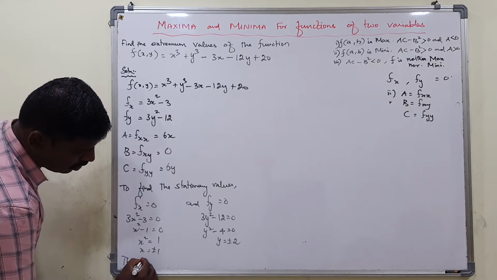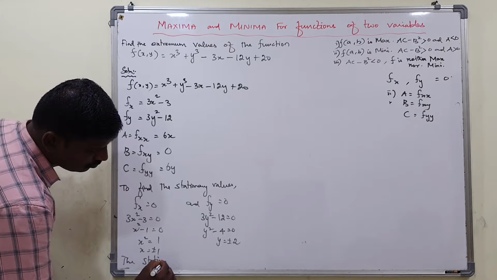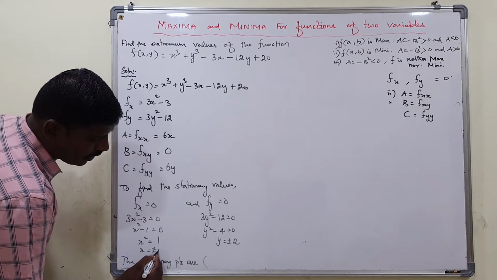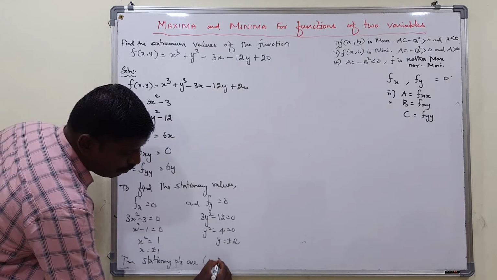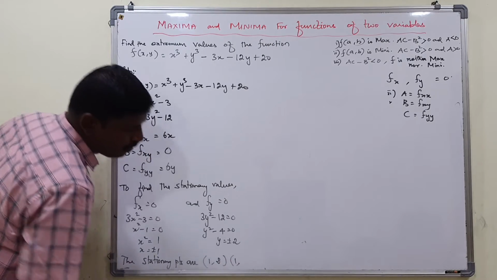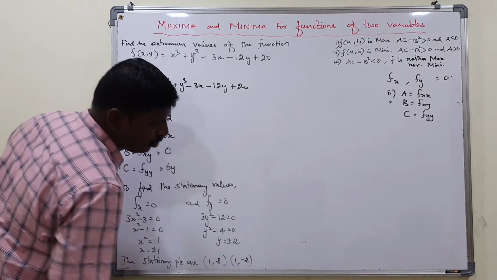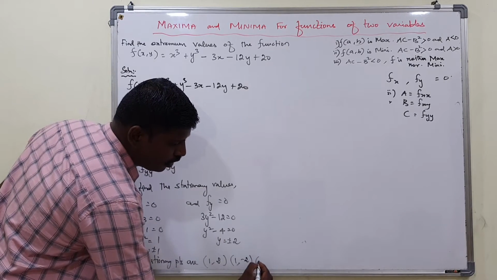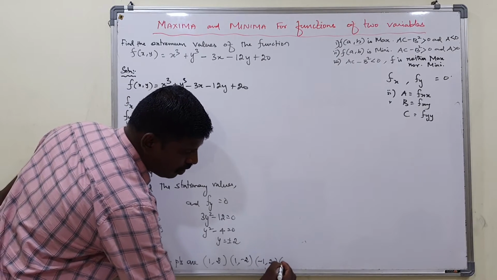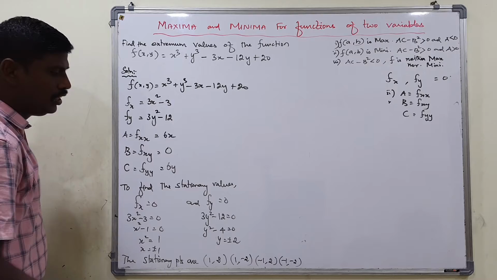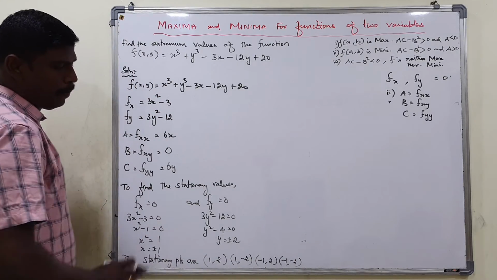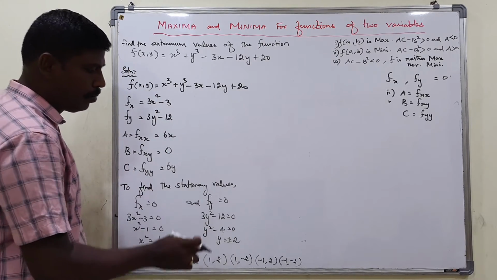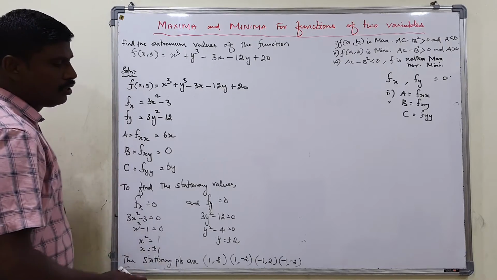Therefore the stationary points are: first I am going to take plus 1 at x and then plus 2 for y. Same like that, keeping plus 1 for x and taking minus 2 as y. And then taking x equal to minus 1 coordinate with these two values of y, minus 1 with 2 and minus 1 with minus 2. So these 4 points are stationary points. Okay, so the function f takes either maximum or minimum among any one of these 4 points.